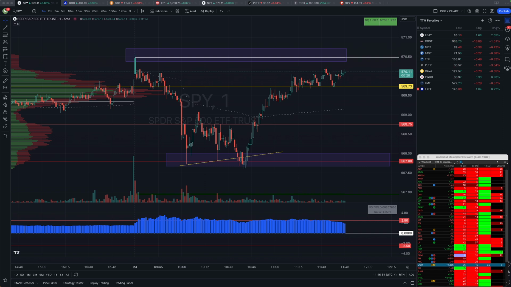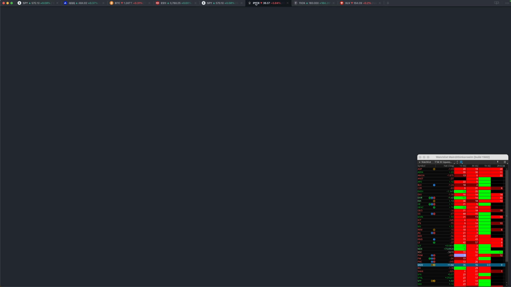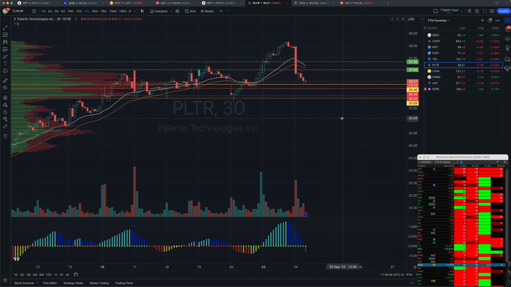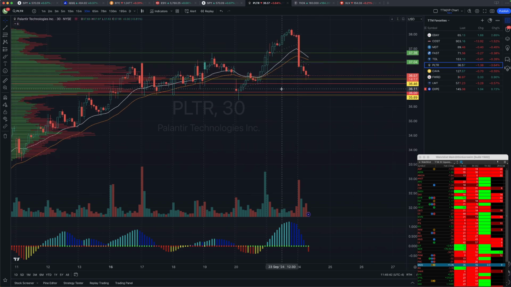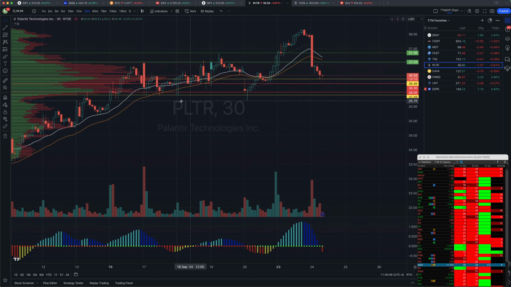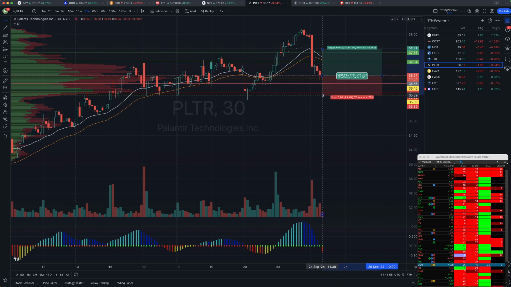The answer is it depends on the option that I'm playing. So, for instance, if you said you like the risk management style, and I'm looking at PLTR here, and I want to pick it up off of this point of control, which actually has a nice risk reward area, right? And I want to risk down to this lower line here at 35.90, and I want to target up here, and so I've got a 1 to